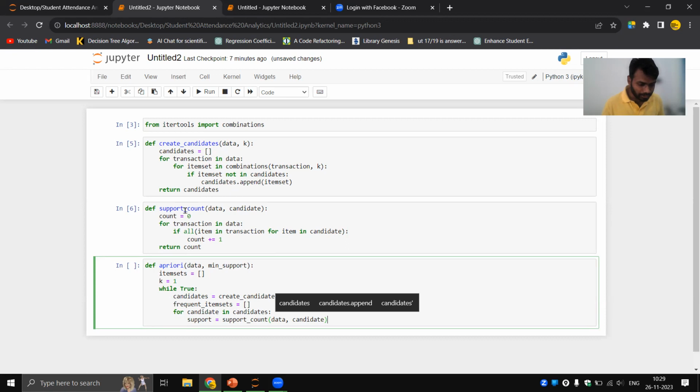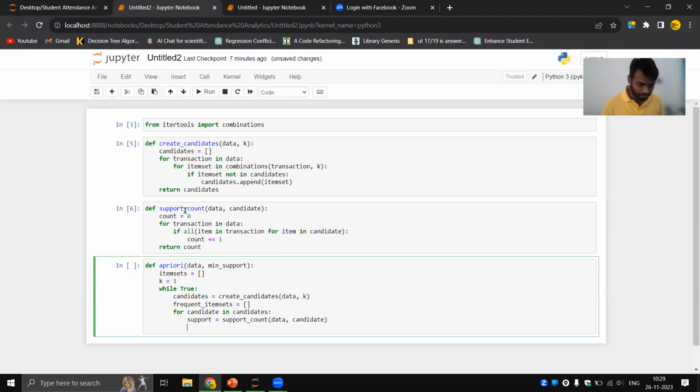Now we will give the condition. If support is greater than or equal to min support, do you know what is the min support?